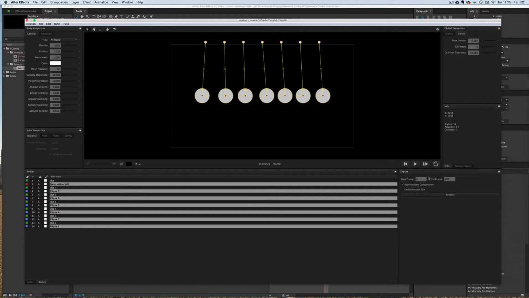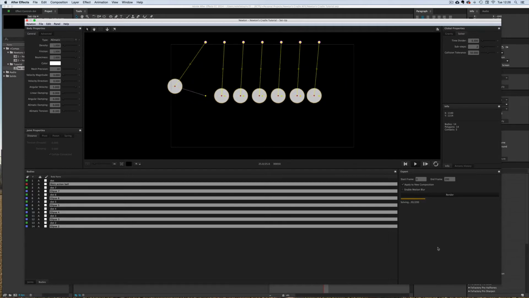So we come into the end frame option, under the export dialog box, end frame, we can type in 200 there. Now obviously, I'm just trying to quicken up this tutorial so you can see what I've done or how I created this. But I would encourage you to have a play around with the settings within Newton. Sometimes it is just a bit of trial and error to get the look and effect that you want. Once you're happy with that, then we press render, and it's going to play that scene again,